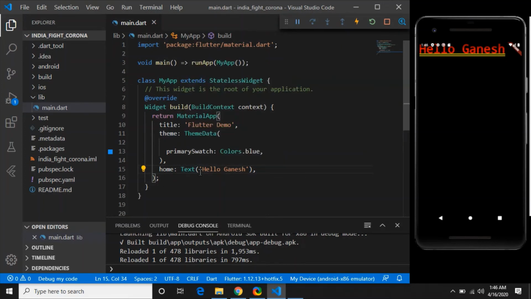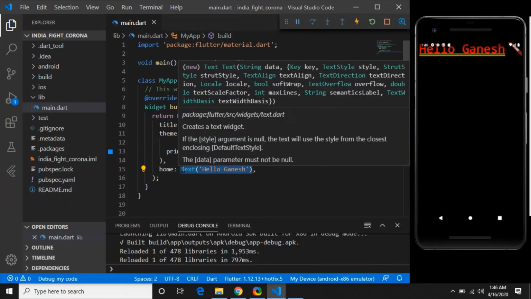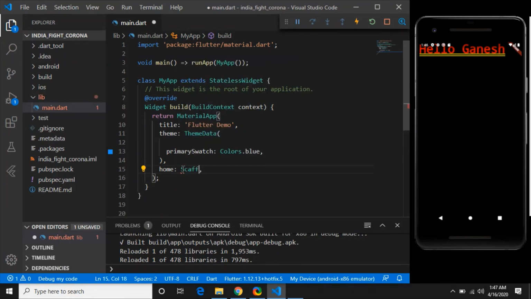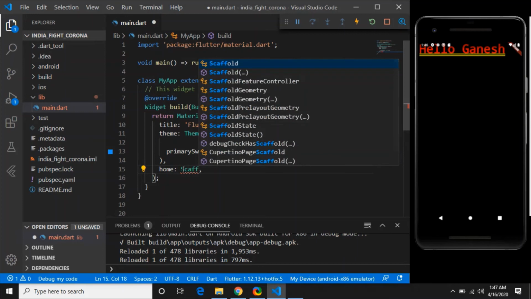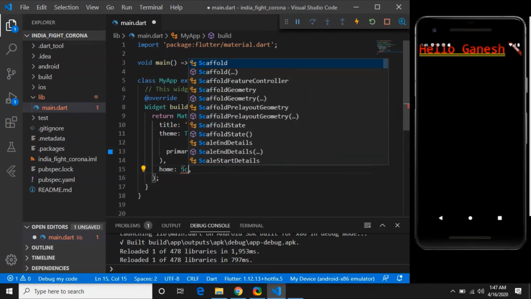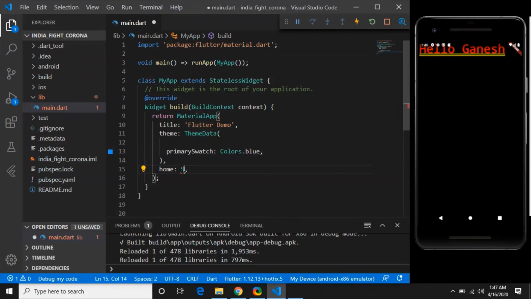So we have to do scaffolding, and Scaffold is a default class which has been defined in material.dart, and we'll use that. Look, Scaffold. We have installed an extension, so even if I type just S and a little bit, like SC, Scaffold, it will by default give you that.